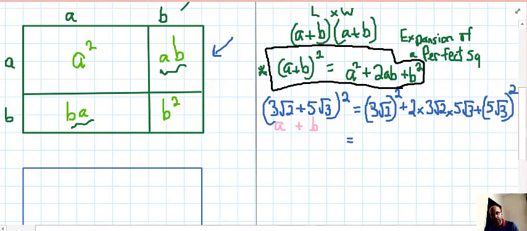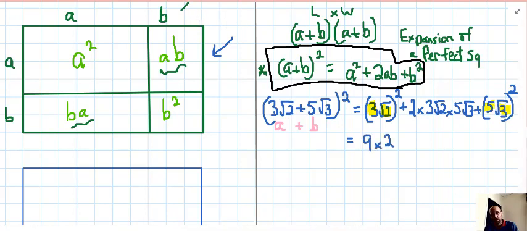Okay, so index laws, when you square something like this, both of those terms are squared. Same when we get to here, something to remember. So 3 root 2 all squared is 3 squared times root 2 squared, which is 9 by 2. We'll simplify that further on the next line. Here we have